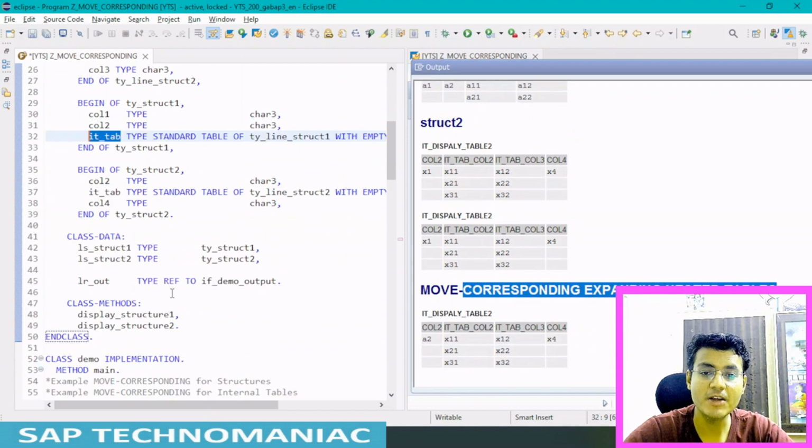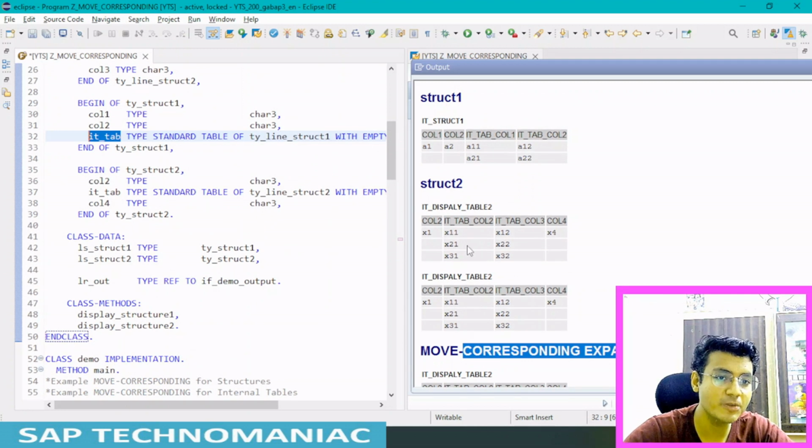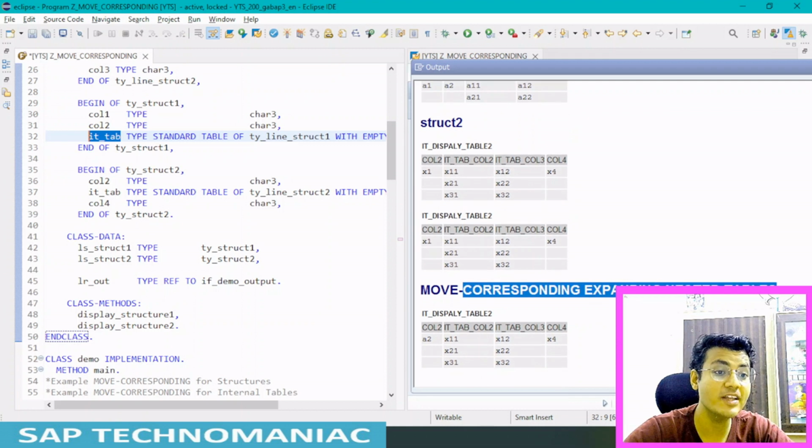That is the reason when we do a simple MOVE-CORRESPONDING, these entries will be replaced with this one. But when we do MOVE-CORRESPONDING with EXPANDING NESTED TABLES, these entries will be intact because none of the columns got matched. If one of the columns got matched, that column will be moved and the other column will be initial. That is how MOVE-CORRESPONDING and MOVE-CORRESPONDING with EXPANDING NESTED TABLES work.